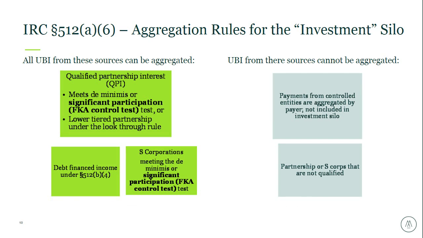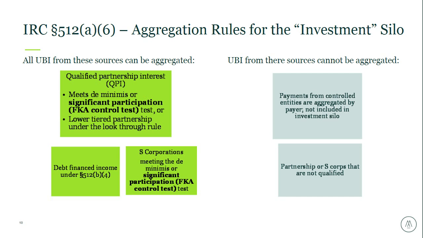So when it comes to figuring out how to silo your investment activities, the aggregation rules still apply, where you can treat your investment activities as one silo if it's either a qualifying partnership interest, otherwise known as QPI, qualifying S corporation interest, and debt finance income. So in general, the investment silo rules stayed largely the same as the proposed regs, but it did have a